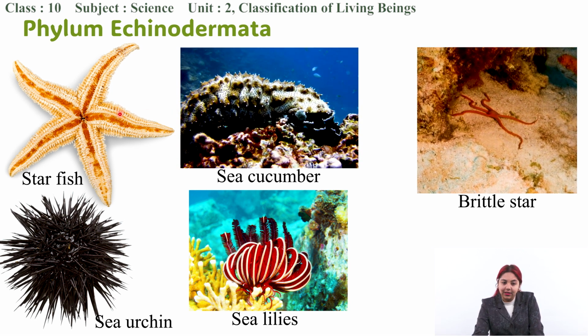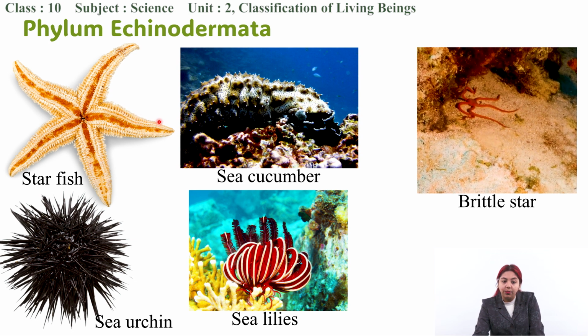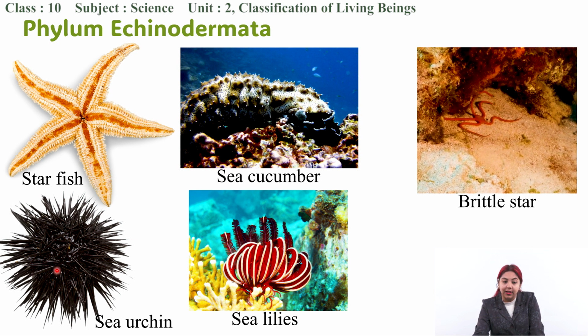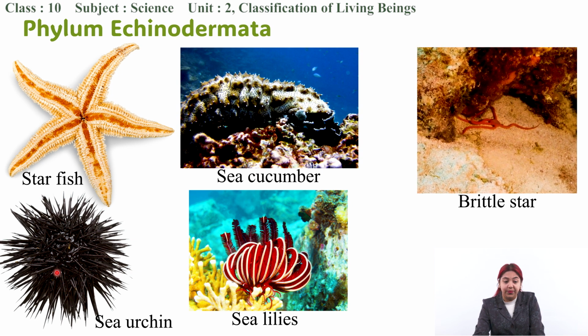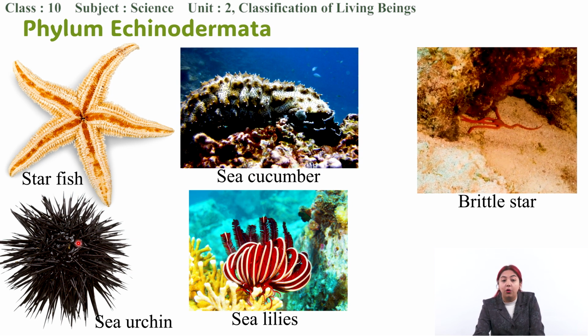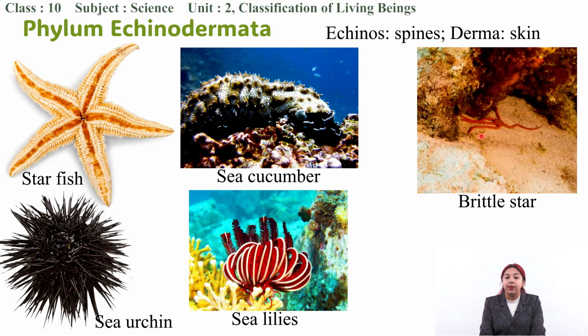You can see that these have spiny protruding structures from the body, and the sea urchin has large spines all over its body. Similarly, the sea cucumber also has horny spinous structures. The sea lily also has this structure, and the brittle star, if you look closely, you can also see those structures. Due to this feature, the spiny skin nature, it is given the name Echinodermata,